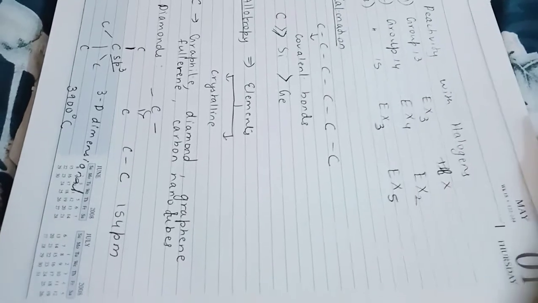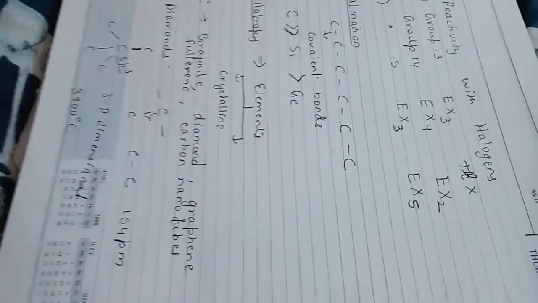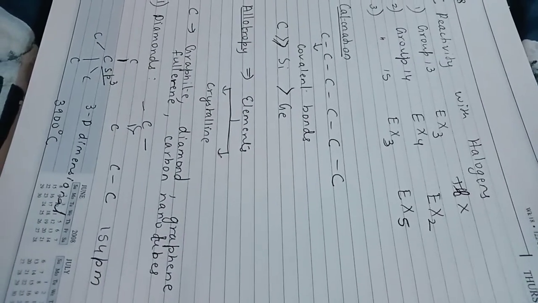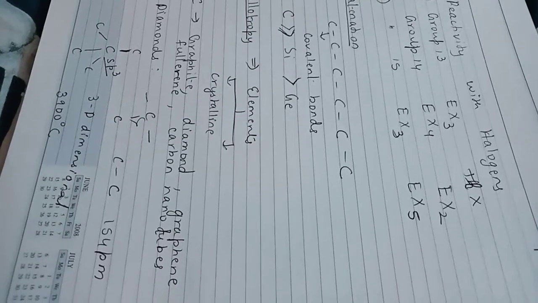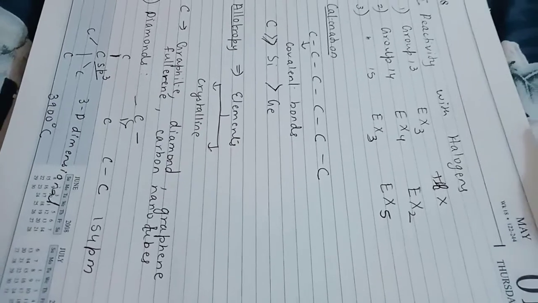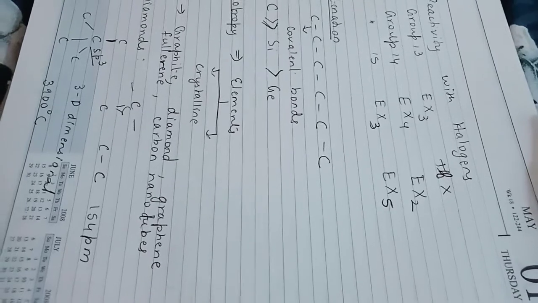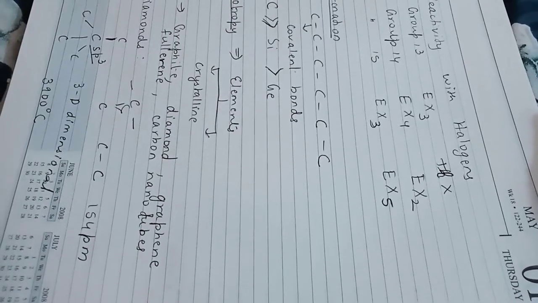Since the tetrahedral arrangement of carbon atoms is bonded in a three-dimensional structure, it leads to a very high melting point of diamond, almost 3900 degrees Celsius. Not only this, diamond, students, is a bad conductor of electricity because none of the carbon atoms are freely available. This is the speciality of diamond.